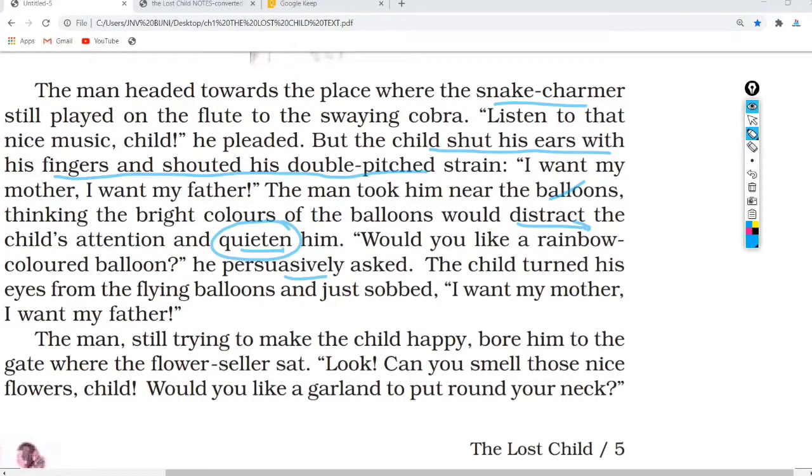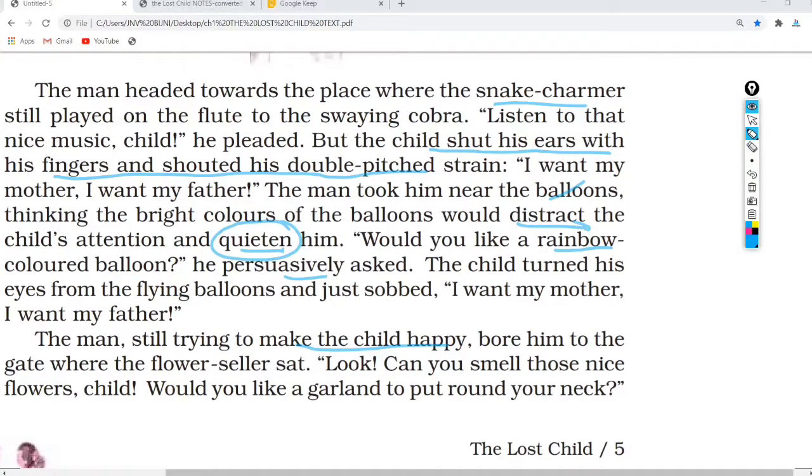So he offered him the rainbow colored balloons. He offered him the music played by the snake charmer on the flute. But he simply demanded the same thing. He demanded the return of the mother and the father. The man still tried to make the child happy, bore him